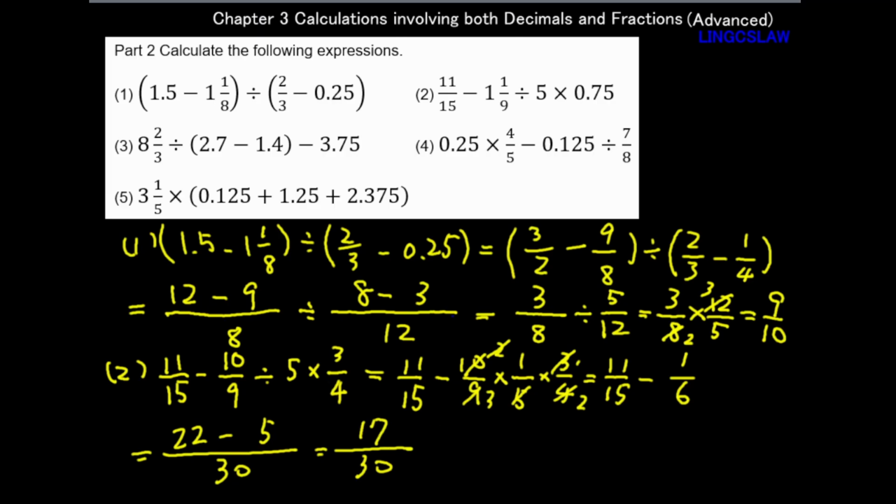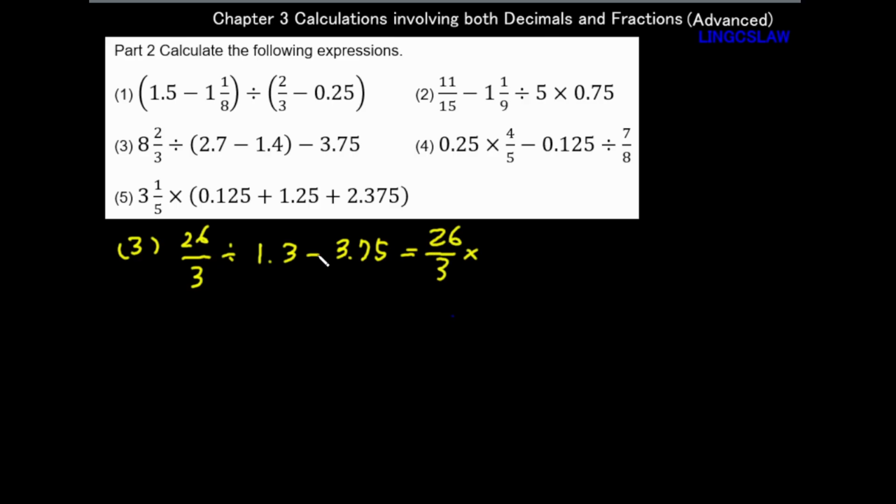Now let's go on to number 3. 8 2/3, okay, make this just an improper fraction. 3 times 8 plus 2 equals 26, divided by 3. 2.7 minus 1.4 equals 1.7. 1.3 minus 3.75 equals,